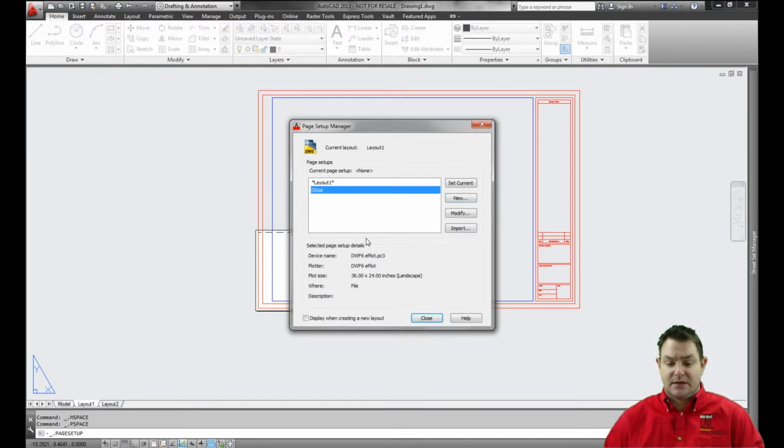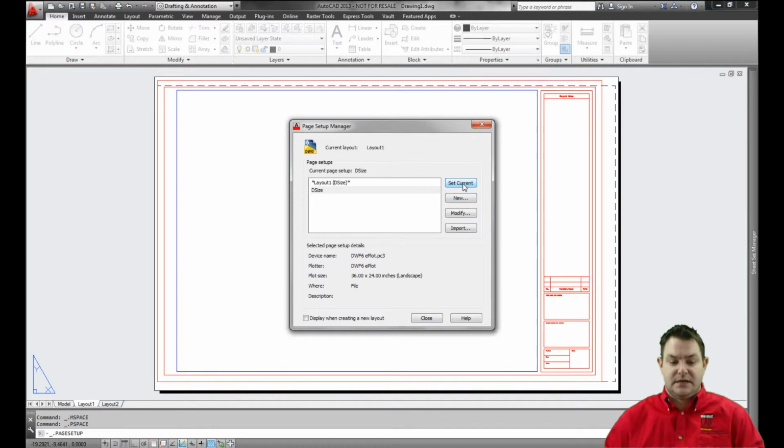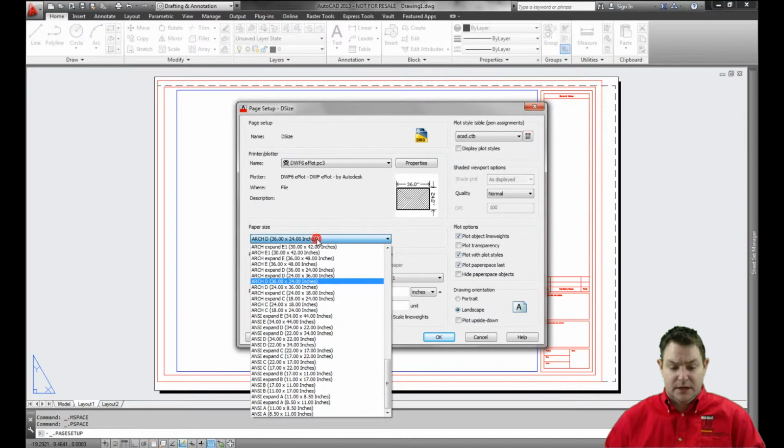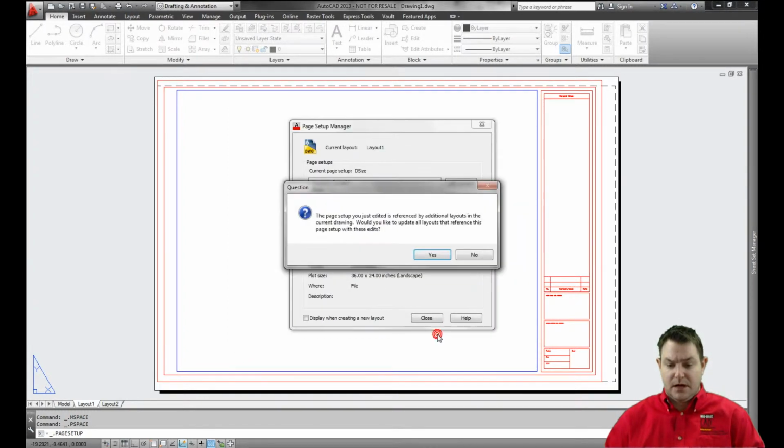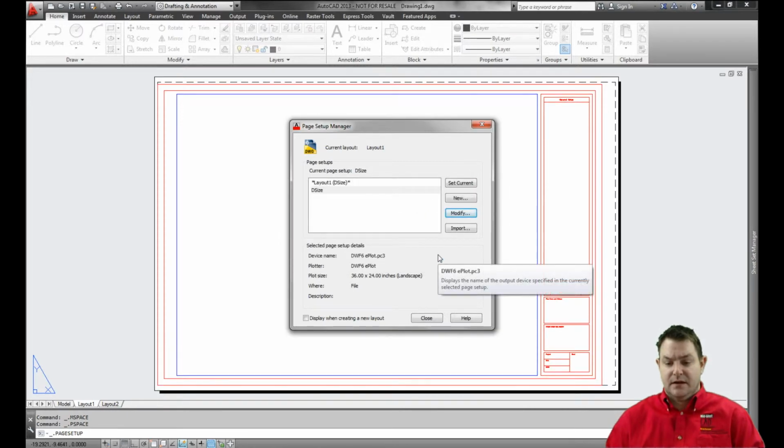Okay, I'm going to set that as the current layout, and you can see then that it expanded my paper size. Now, the issue that I'm running into now is that it is cutting off my border up here. So maybe my paper size is not correct. So if I wanted to modify that, I'm going to select it. I'm going to come here to modify inside of that page setup manager, and then I would have the ability now to change that. All right, so I'll try the expanded. Tell it that I want to update that, and as soon as I do, you can see it